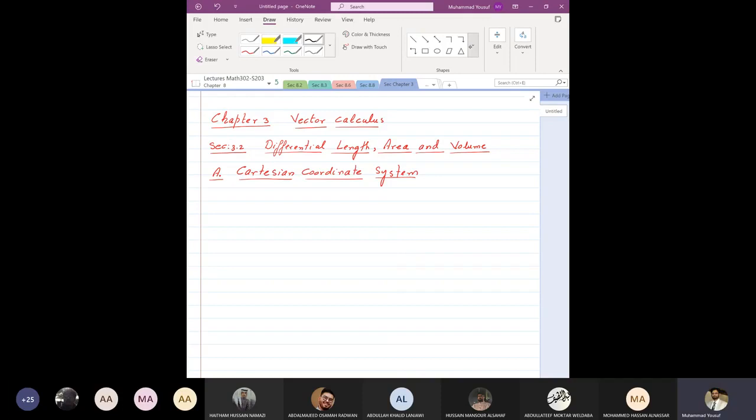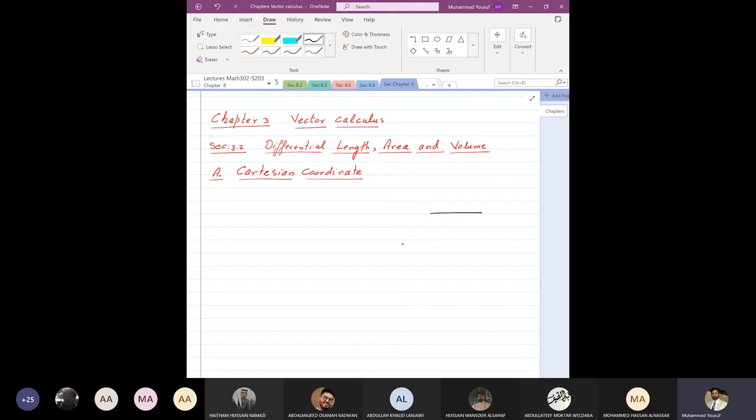Like, let me try to write this one here. So here, this is x-axis, this is y-axis, and this is z-axis. Okay, instead of this one, let me just make it. That is better,